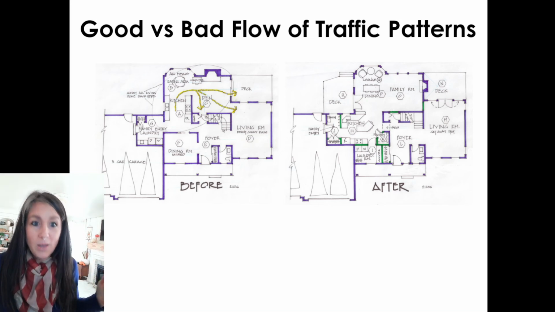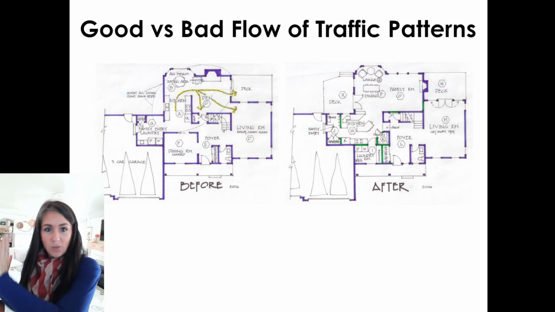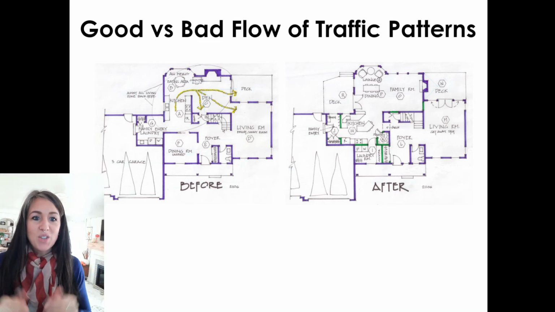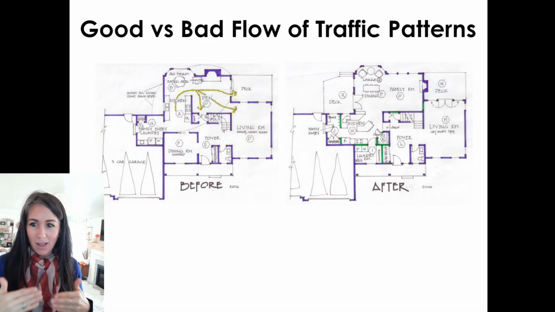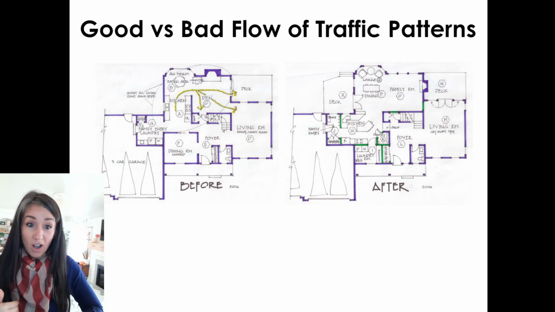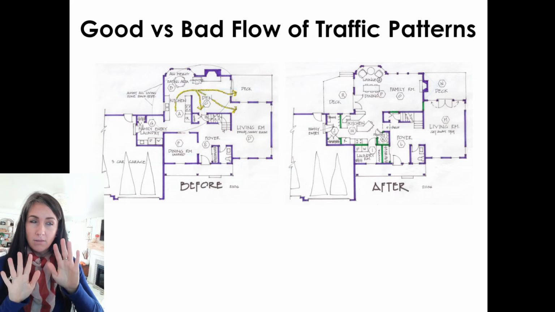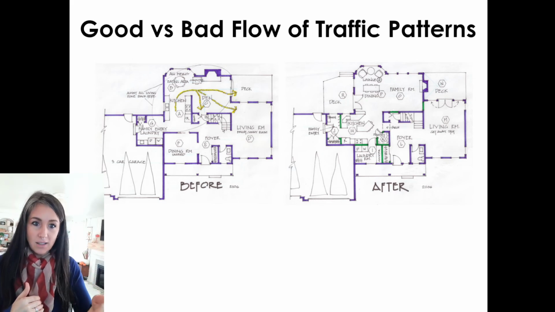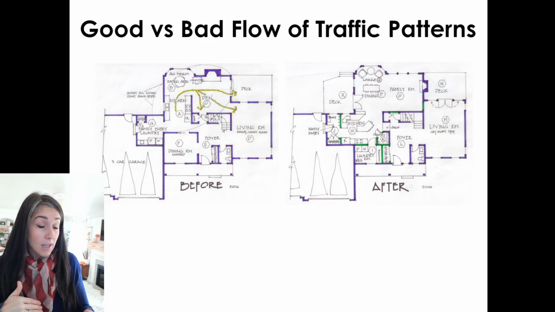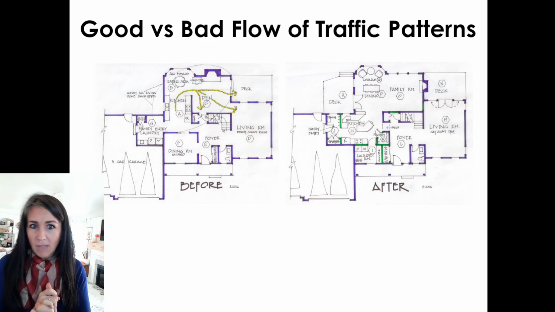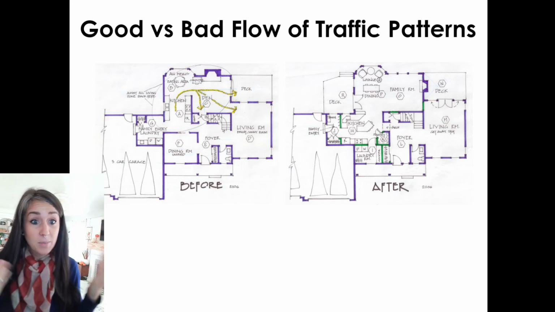Why? What is going on? It was so strange. And then, of course, there was also the door that goes to the kitchen. So what we ended up doing to make a better flow and traffic was we closed that off, and we made it a little locker area where you could hang up coats on one side, and on the other side we made it a little closet area, because we just need more closet space in an old house,